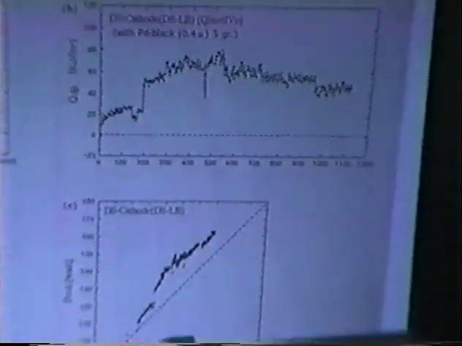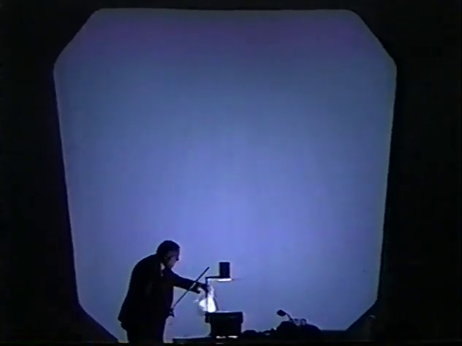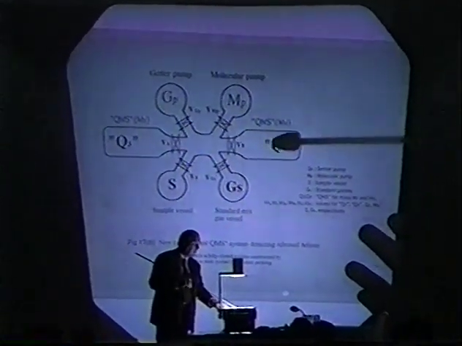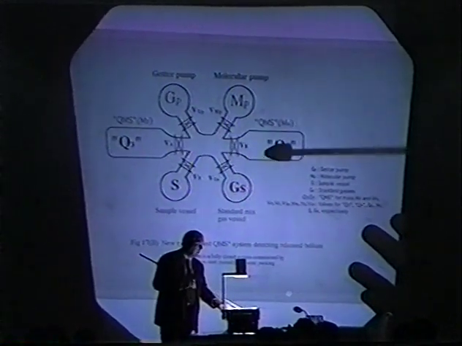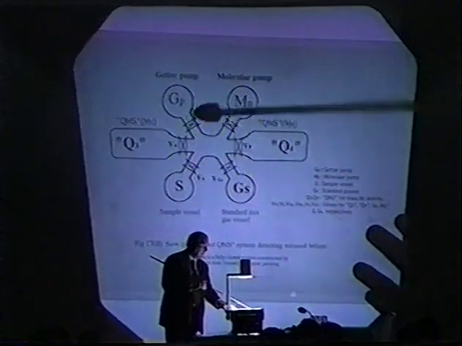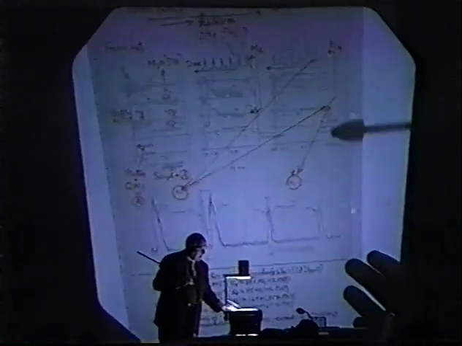Here is the excess heat he was obtaining with the closed electrolytic cell. It was a very clever sampling device. It's the only experiment using two QMS with the sampling device, getter pump, and molecular pump in a very intelligent configuration. And the results, which probably all of you have seen, are